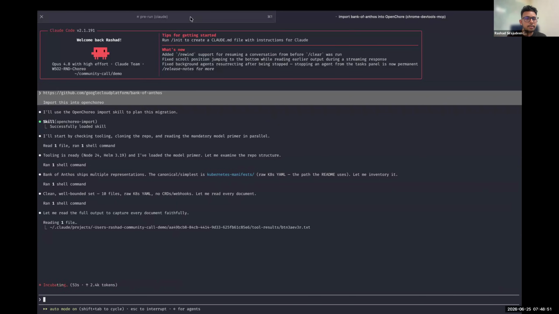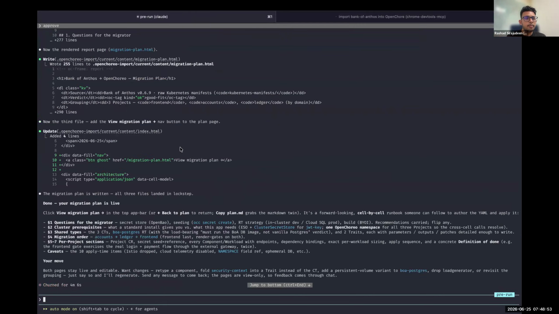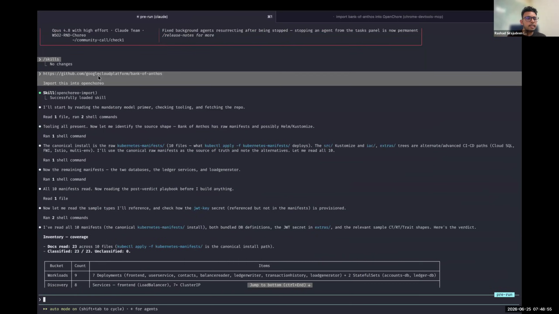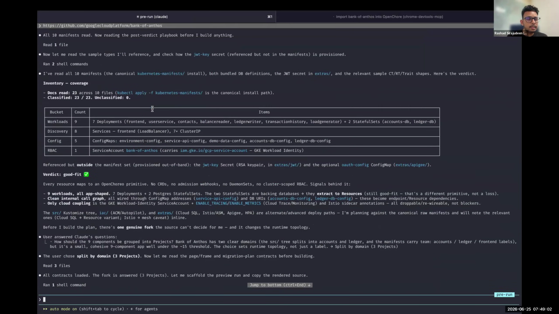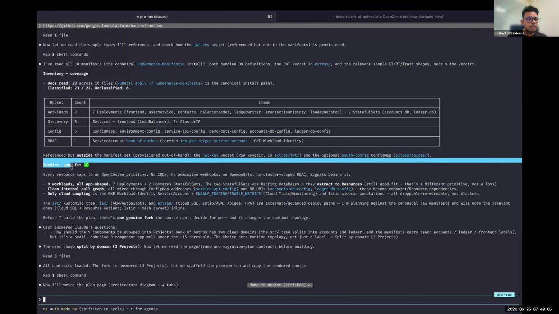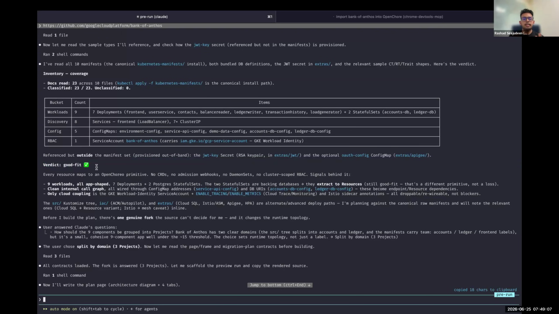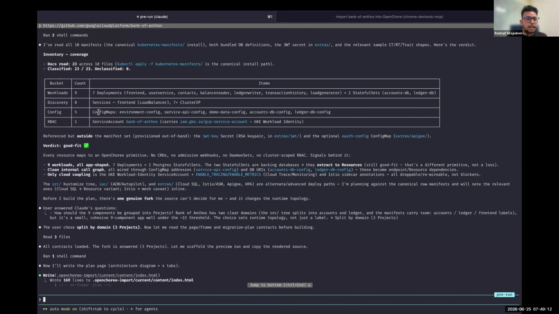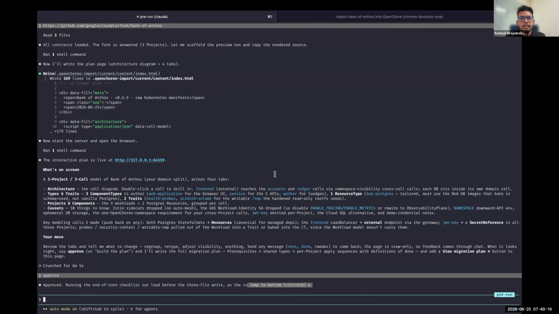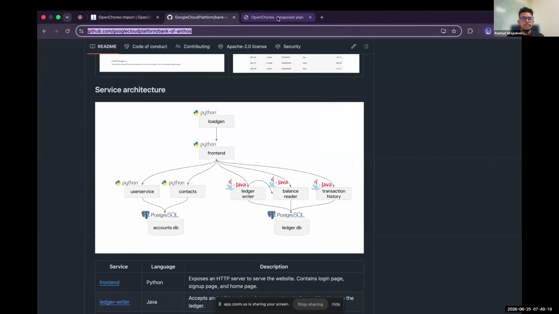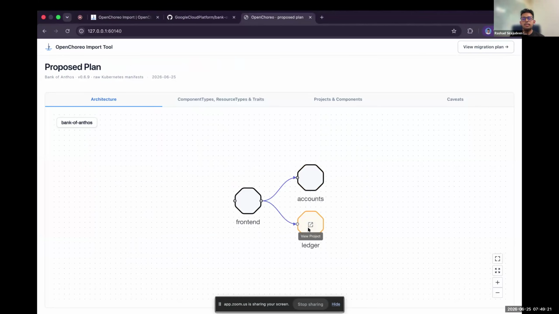So I also have a pre-run prepared to go through what actually happened. Again, it's the same prompt which I gave it out there. It took some time, and it went through the whole thing, and then it says that this is a good fit to OpenChoreo because it cleanly maps to OpenChoreo concepts. After some time, it should also launch a preview server for you. And that would look something like this. So this is the cell diagram of the app that we are importing into